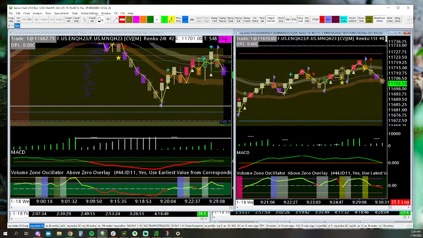We have pink and purple. Pink being bullish, range expansion. Purple being bearish, range expansion. And then yellow are what I call trap release. Blue and yellow. So blue is bullish trap release. Yellow is bearish trap release. Sometimes it doesn't work this way, but the very best trade that I've found with yellow, if you have a